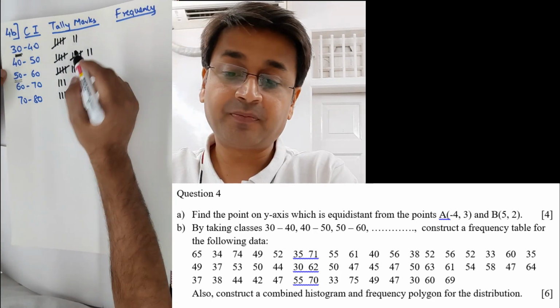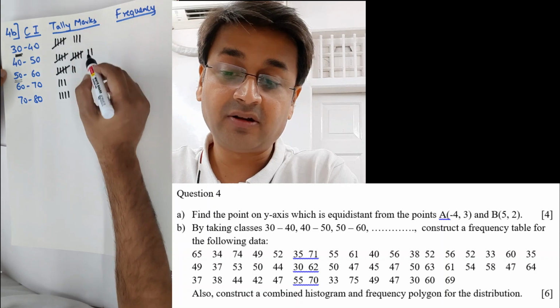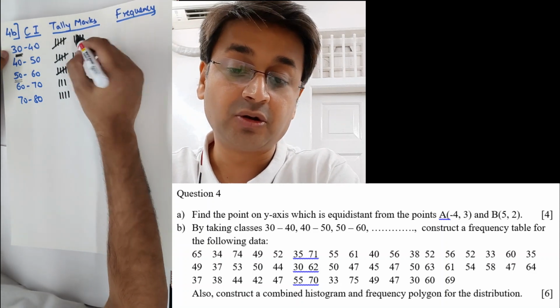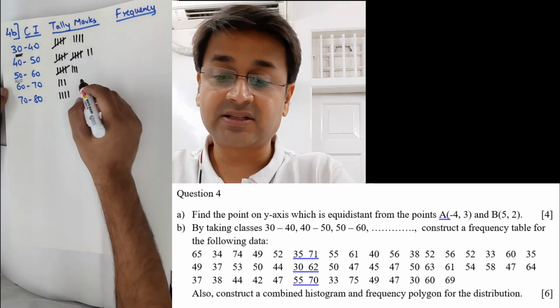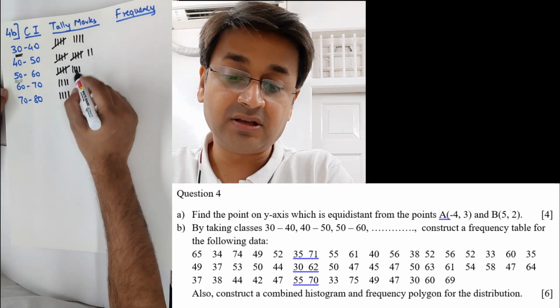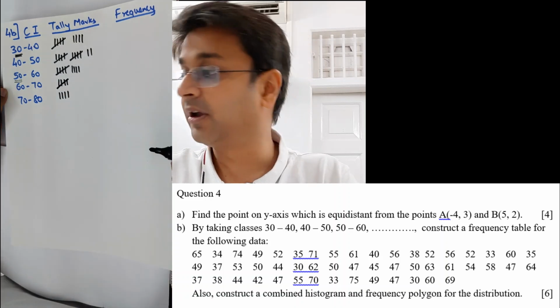38, 50, 30. This is the trickier one. 38, 50 lower limit, 30 also lower limit. Always stick to that, don't mess up, okay? 52, 63, 60. 52, 63, 60 back in the lower limit, okay?